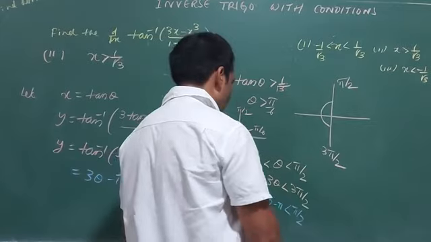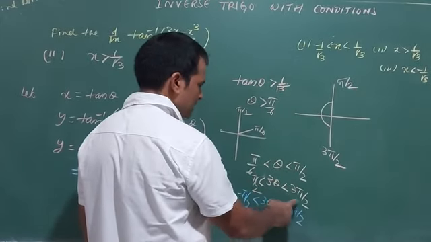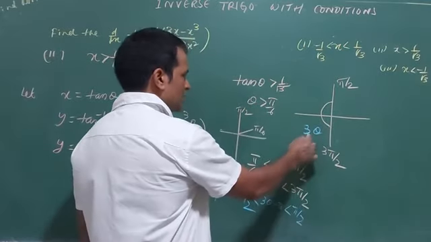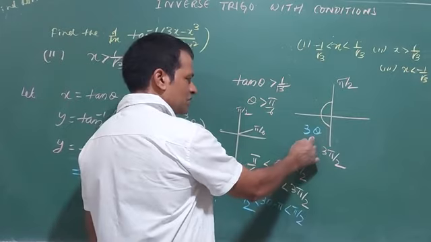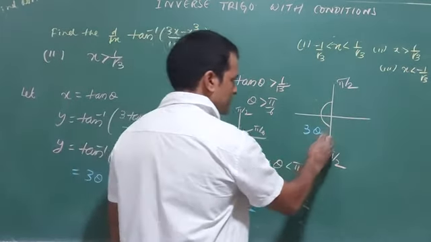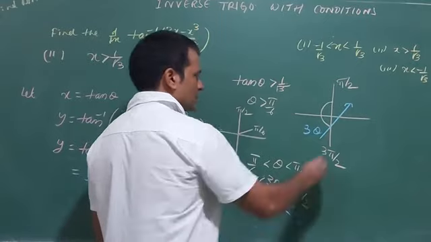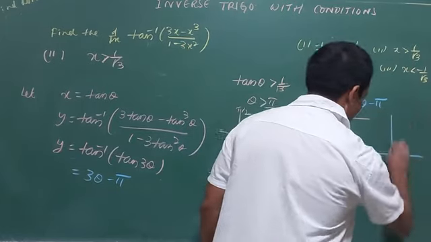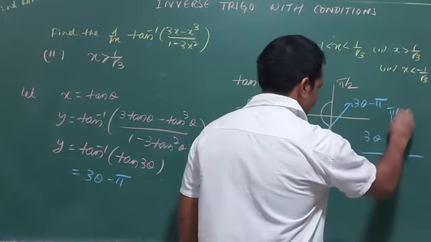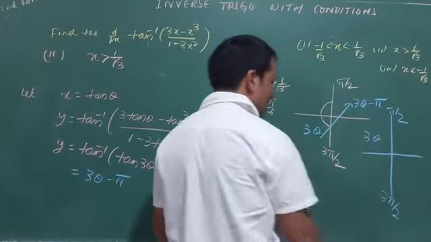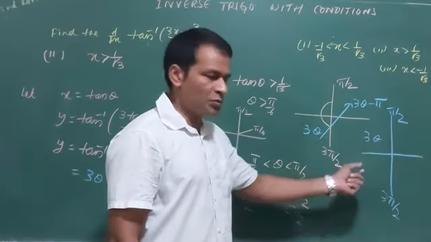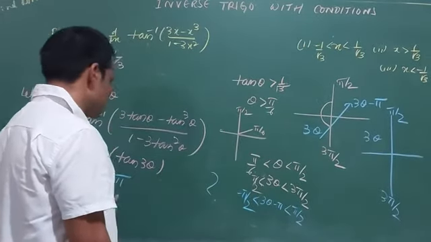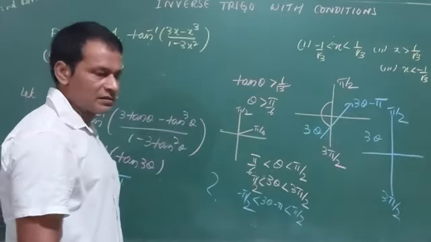Suppose, for example, I got 3 theta between pi by 2 and 3 pi by 2. Suppose I take 3 theta here, I don't know where it is. In normal trigonometry tan is positive here, and in inverse also tan is positive here. So transfer this quadrant to the inverse positive, and what is that? 3 theta minus pi. Suppose a child will ask me, no sir, I want to take 3 theta here. I'm 100% sure this concept will not be in any of the books, so you have to understand it. It is not that easy. You may see one or two questions from the book and you have to practice it like this.